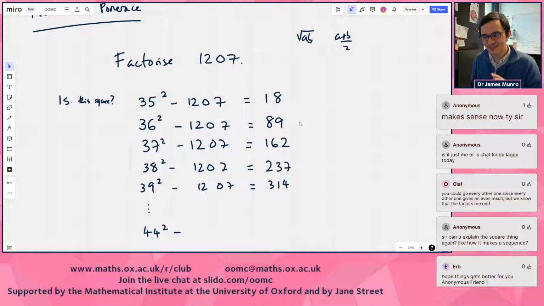Okay, here's the speed up, and this is kind of the only thing that I want to try and get through today, because I think it's a really good idea. It works like this. We're looking for a square on the right hand side. We haven't found one yet, but maybe we're not being creative enough,